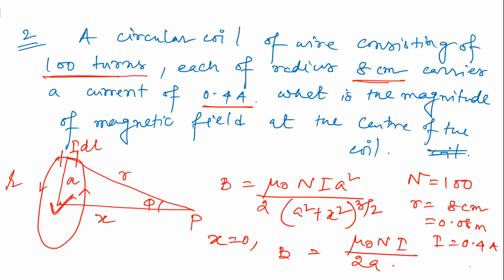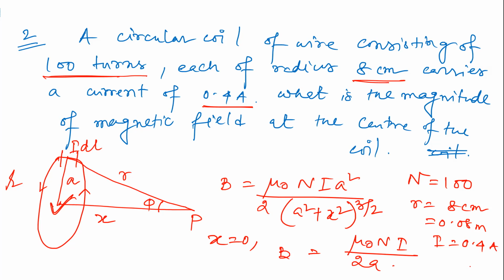For the previous case also, and even for this case, every time the radius is given in centimeter, you have to convert it to meter. So all the things given in this question, we have to note down first: the number of turns is 100, the radius is 0.08 meter, the current is 0.4 ampere. Now we have to substitute all these values in the mathematical expression of magnetic field,